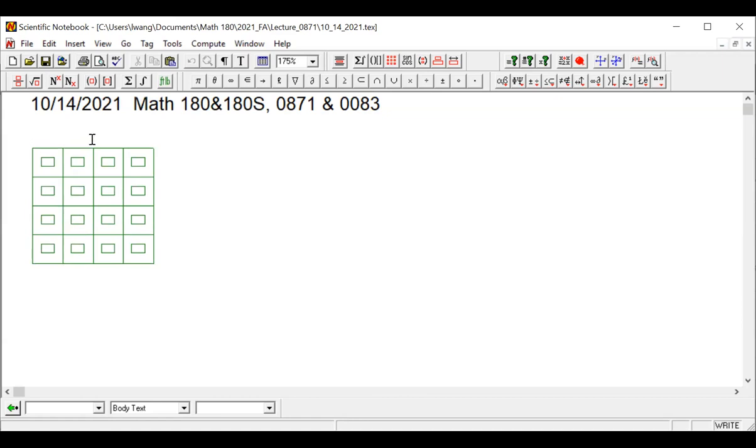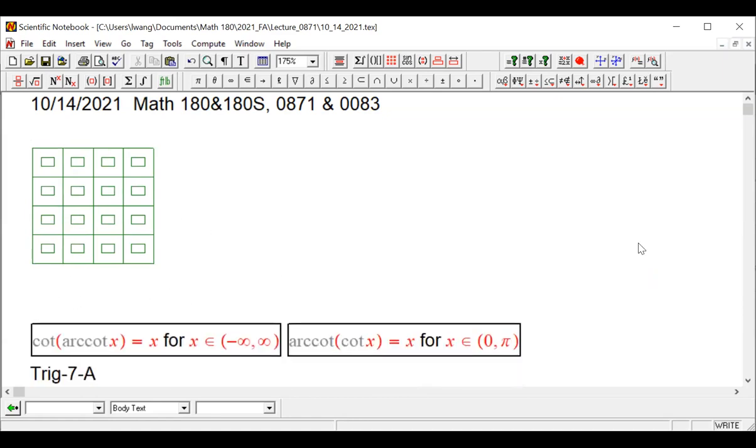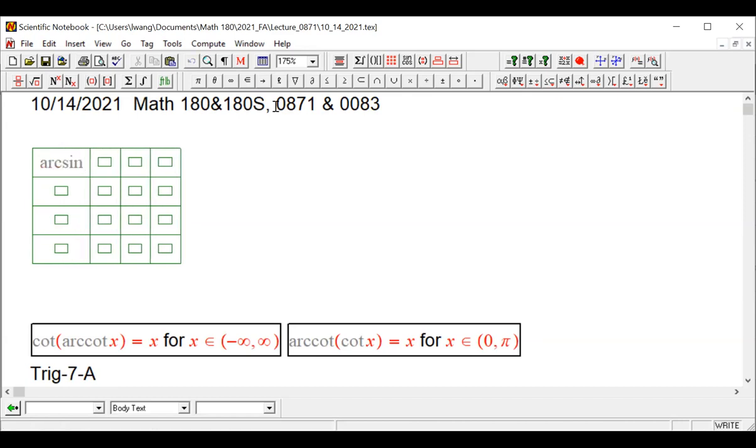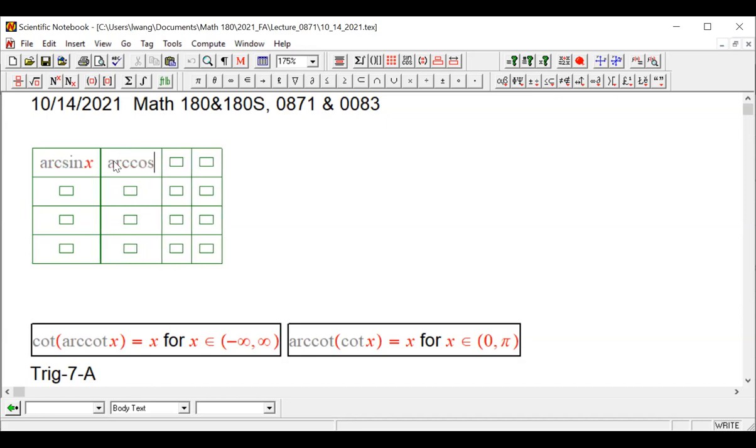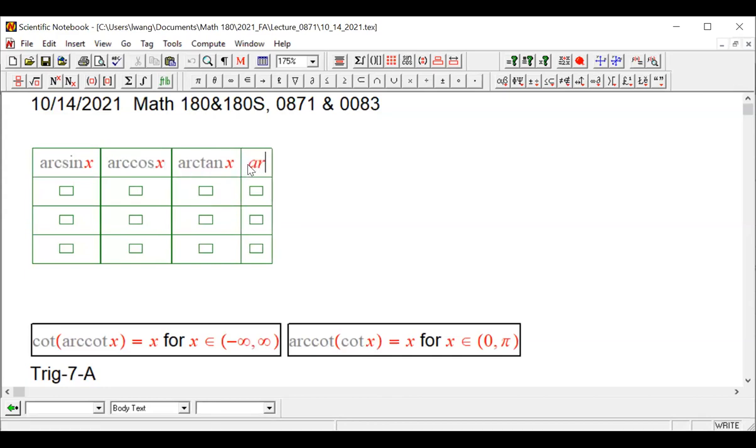Okay, so all 4 functions, right? ArcSine, ArcCosine, ArcTan, ArcCotangent. In terms of domain,